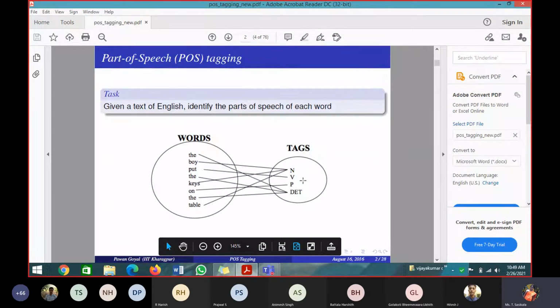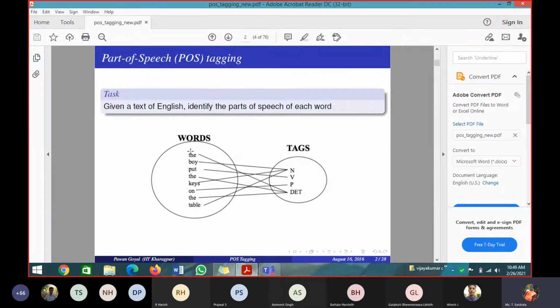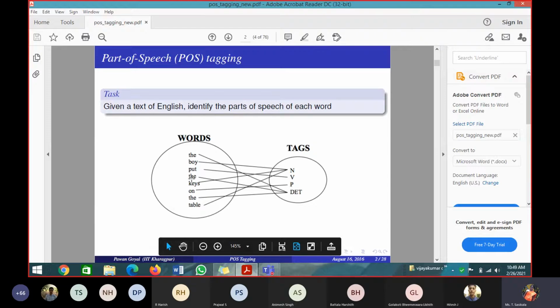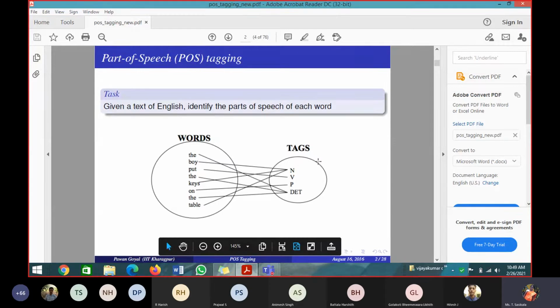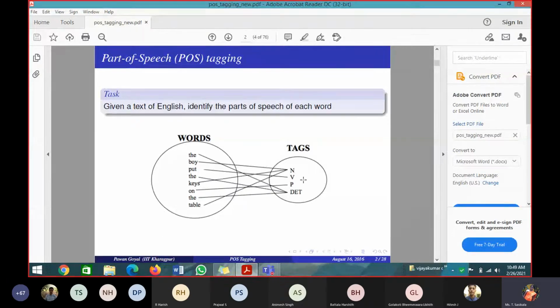These are the basic coarse level tags. If you want to go to a finer level, there are further levels. Given the sentence, take each and every word and find out all the possible POS tags for that word at the base level. At the basic coarse level we generally have four POS tags. It can be a noun, without telling whether singular or plural, or a verb, without telling past or present tense. Noun, verb, preposition.